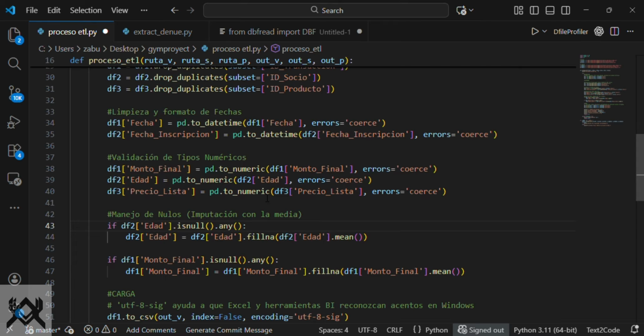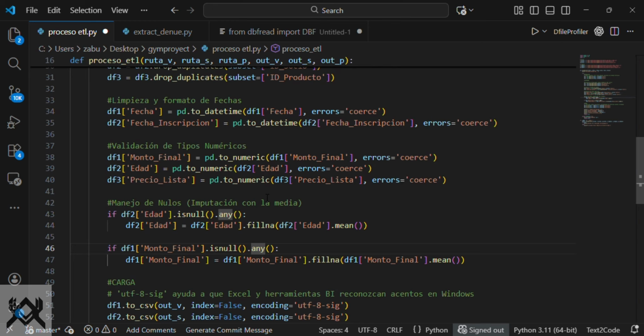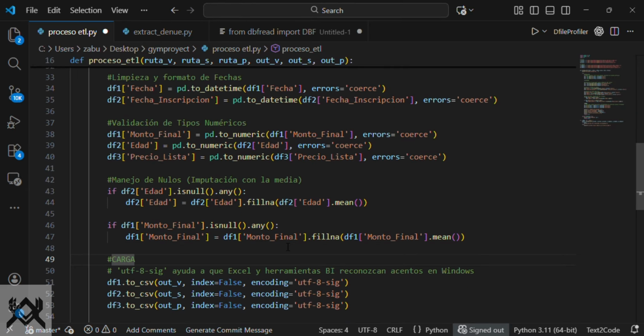After that, if you remember, some columns like age have some null data, and the only thing to do is fill it with the mean value. In this case here, sorry, in these last 5 lines of code, if df2 column age is null for any, fill it with the mean value here. Okay, the same idea for final month.